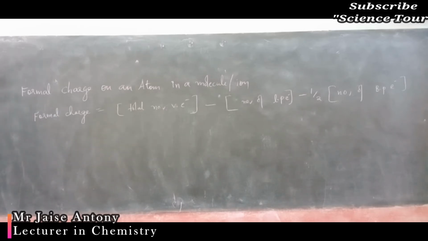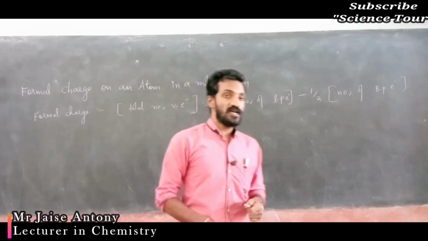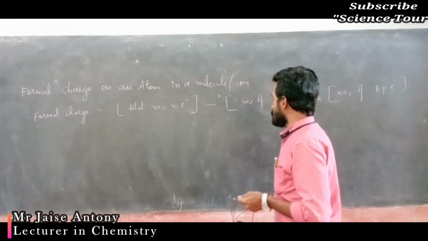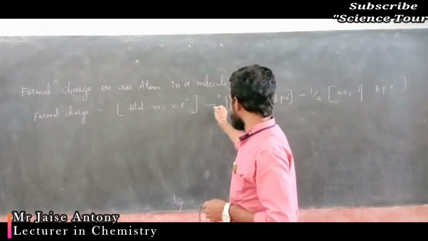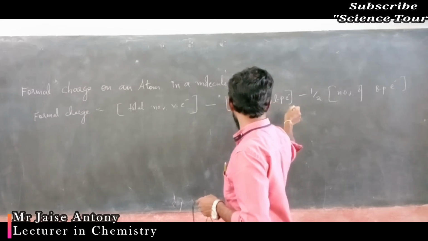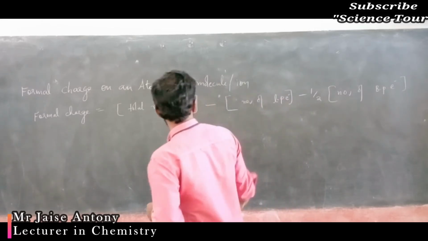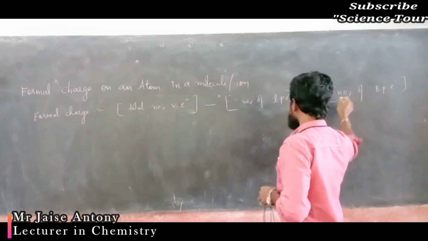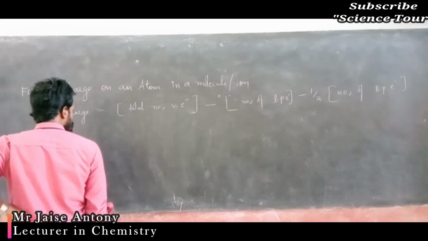Okay, my dear students, next is about formal charge on an atom. It is an apparent charge present in an atom. Understood? That discussion also was over in a board class. Formal charge formula is total number of valency electrons minus number of lone pair electrons minus half of number of bond pair electrons. Lone pair means non-bonded electrons. Bond pair means shared pair of electrons.